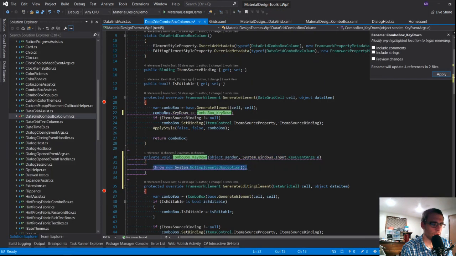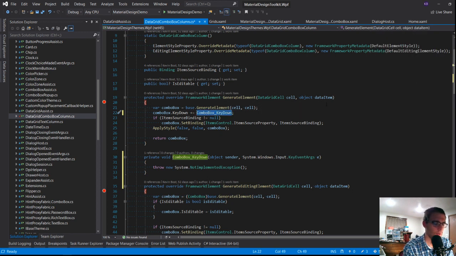Let's see here. So if this occurs, let's actually do this. So we're going to throw away the sender, grab E, lambda it. Let's see.